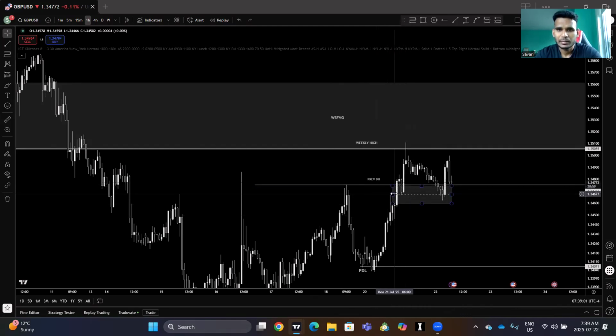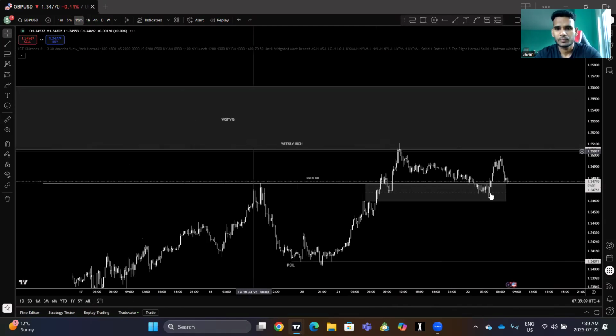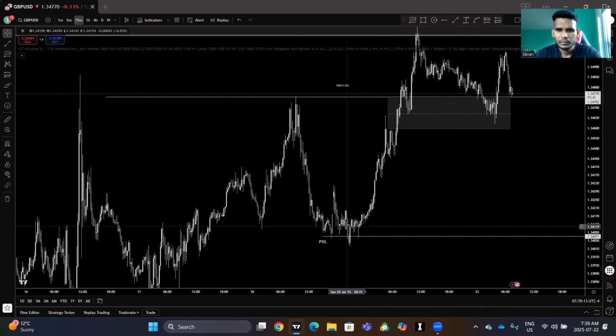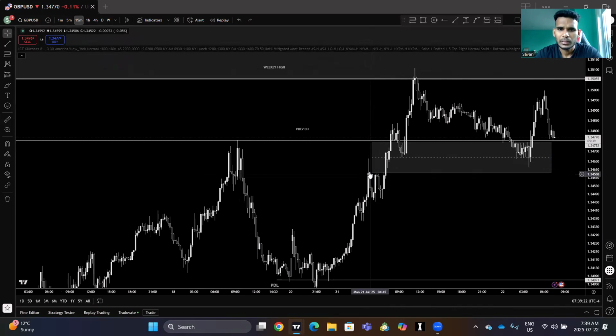This fair value gap and this 50% level, and this candle close. I noticed it, but I failed to give importance to that. 15 minutes, still the same. Liquidity sweep, inversion, this value is holding the price and it keeps on going higher. There is no pullback, nothing. There is just some accumulation here.